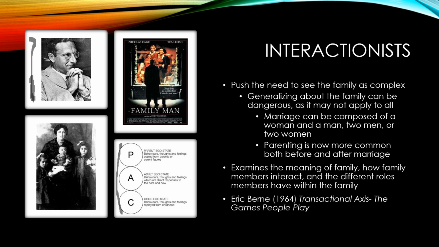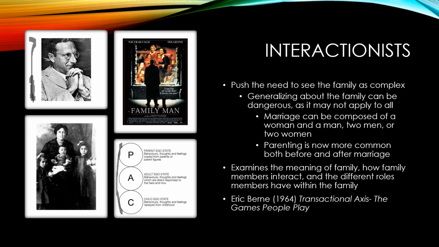So the theory regarding this one is that depending on which state you go with impacts the interactions that you have with other people. And then other people are also going through these stages too. So if one person is in the parent state and another person is in the parent state, how is that interaction going to go? If one's a parent and one's a child, that interaction is going to go perhaps a lot smoother depending on the two family members in question.